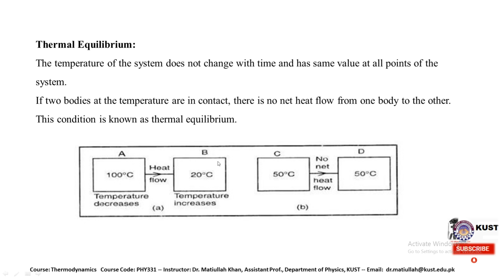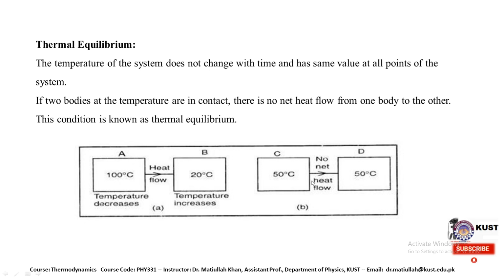When these two systems are brought in thermal contact with each other, then due to the gradient, the heat will flow from the system A, which has a high temperature, to system B, which has a lower temperature. The consequence is that the temperature of system A decreases and the temperature of system B increases, and this continues until both the bodies achieve the same